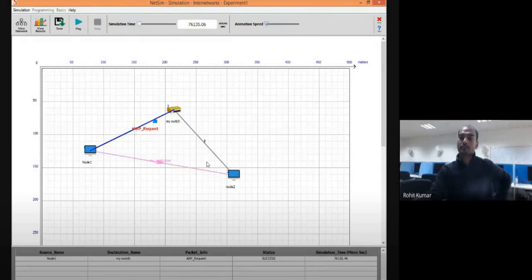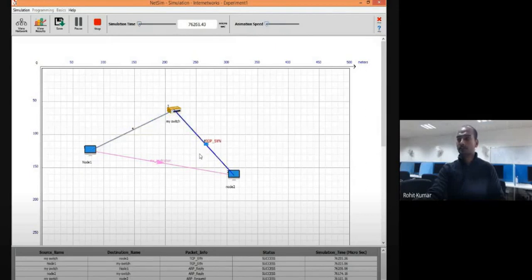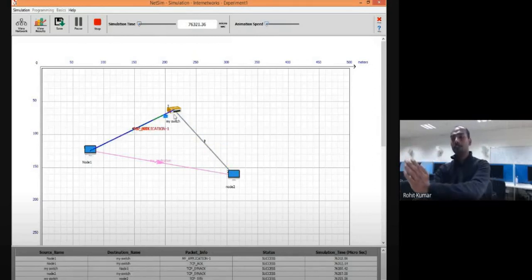First the ARP request packet is going. Why? Because we disabled static ARP, so we disabled ARP there. Now it is not taking care automatically. Now first the switch will learn the MAC address of this particular system, and then this system will reply back with its MAC address to the switch, and then it will get forwarded to here. Initially the ARP request came here, now the ARP reply is going back here. Now it got to know the MAC address of both. Now TCP sync is coming. Then TCP sync acknowledgement, and finally the three-way handshake is completed. Now the normal packet transmission.